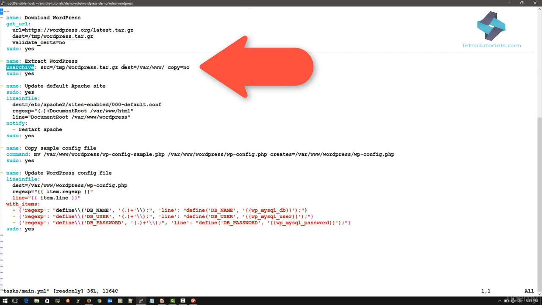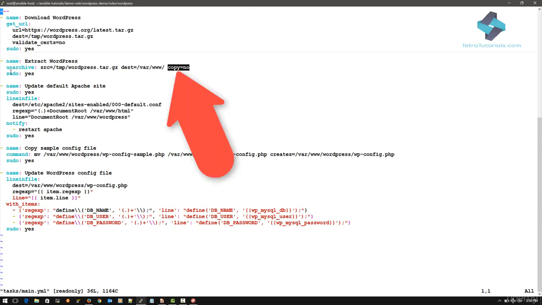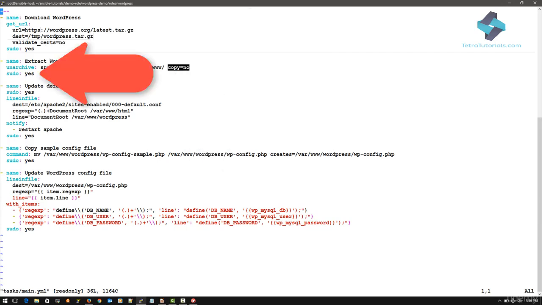The arguments include the src /tmp/WordPress, and the destination is the /var/www directory, where the unarchived data will get saved. And here we are supplying another argument, copy equals no. We are also specifying sudo privileges while unarchiving this installation package. That is because we may need elevated privileges to copy over the files into